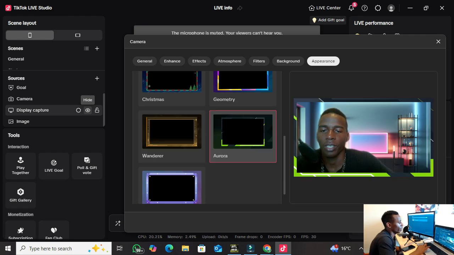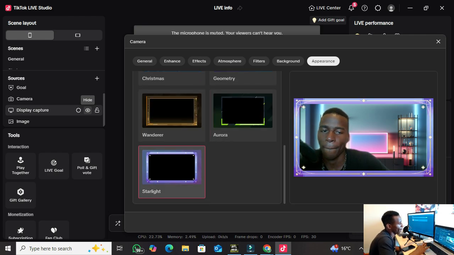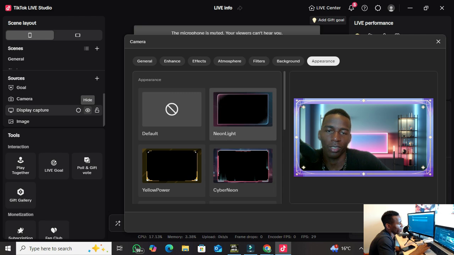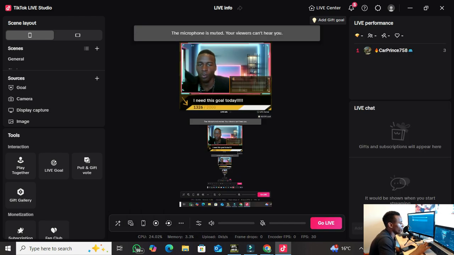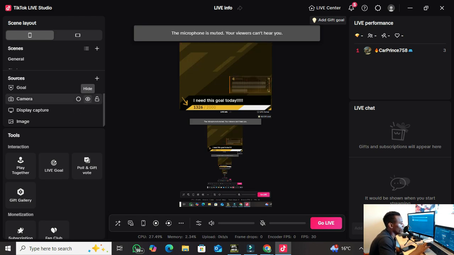So for gaming, I will go for something like that, or choose something decent, something else, and I'll just press apply. I don't want the camera here right now for this video, so I'm going to disable it by pressing the hide button. You can also lock it to prevent it from deleting by accident, or to prevent it from